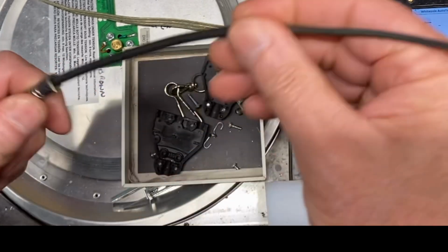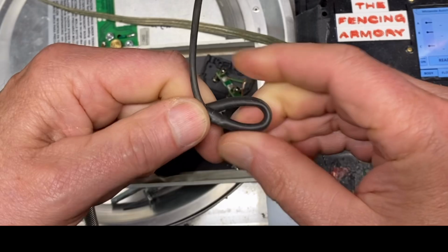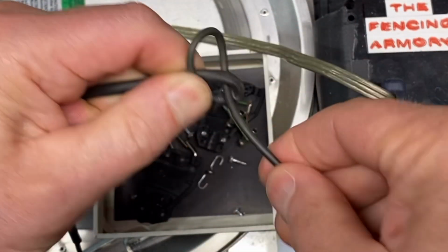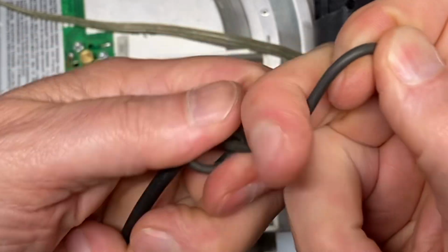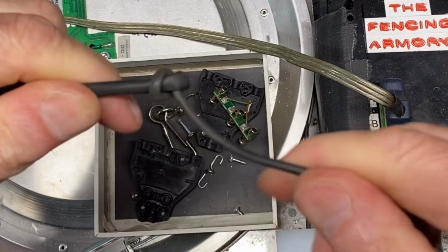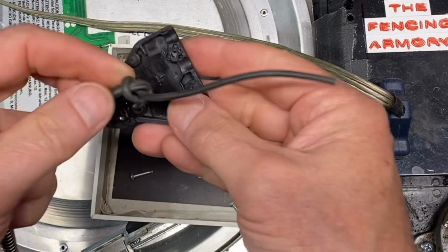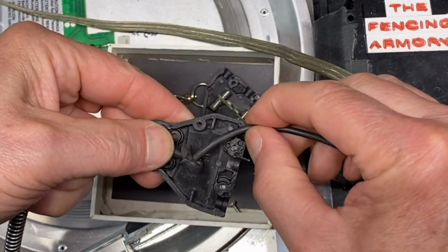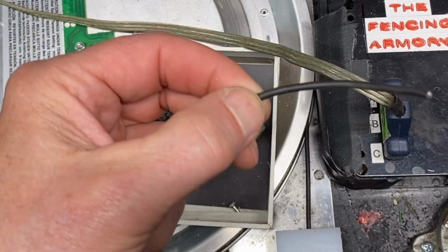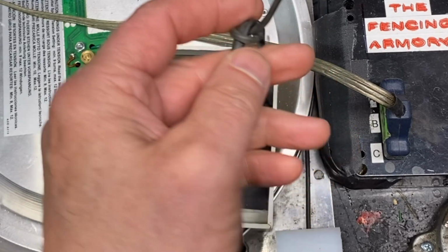And then tie a knot in the new piece of wire, including some of the tubing. Put that knot in, pull it nice and tight. Okay, so now this is good new wire. We're going to figure out how long we want this to be by putting it inside the clamshell and guesstimating how long the wire has to be, cutting it off there, stripping back the black insulation on the wiring here,